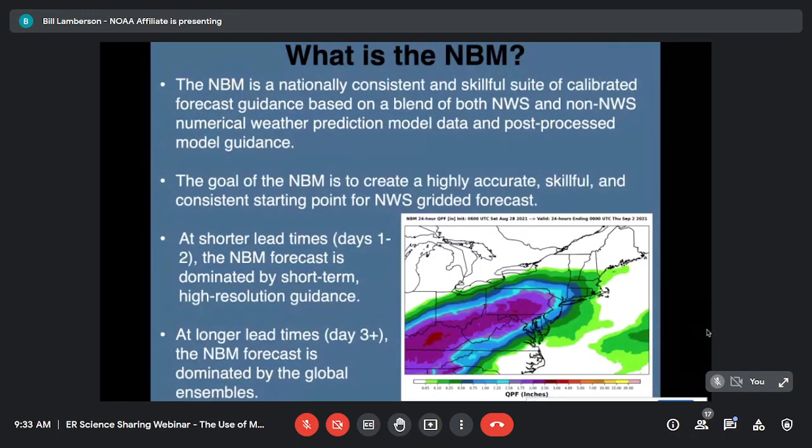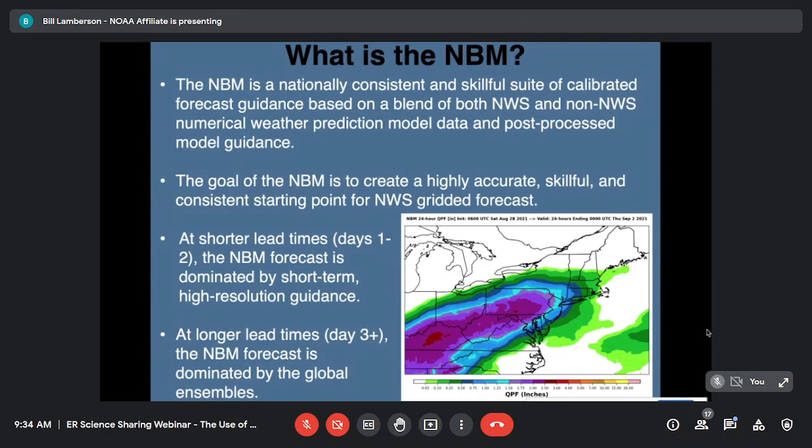So what is the NBM? The NBM is a nationally consistent and skillful suite of calibrated forecast guidance based on a blend of both NWS and non-NWS numerical weather prediction model data and post-processed model guidance. So the goal of the NBM is to create a highly accurate, skillful, and consistent starting point for NWS gridded